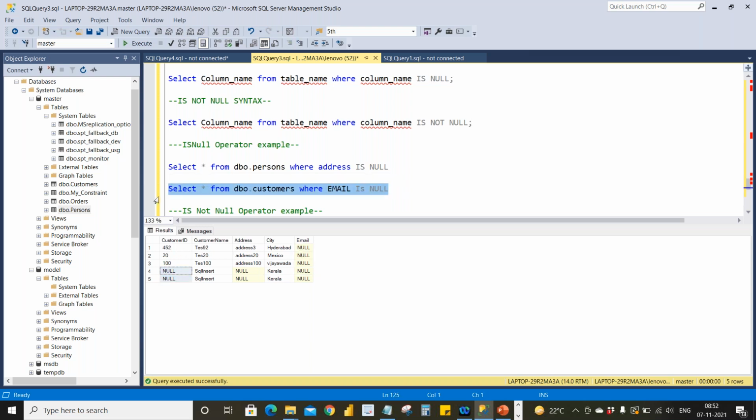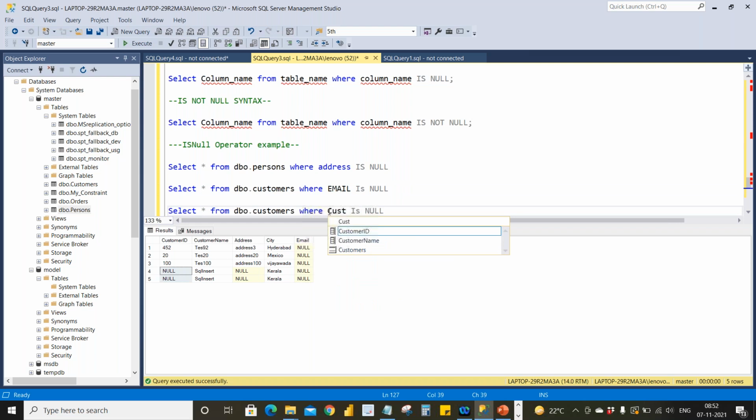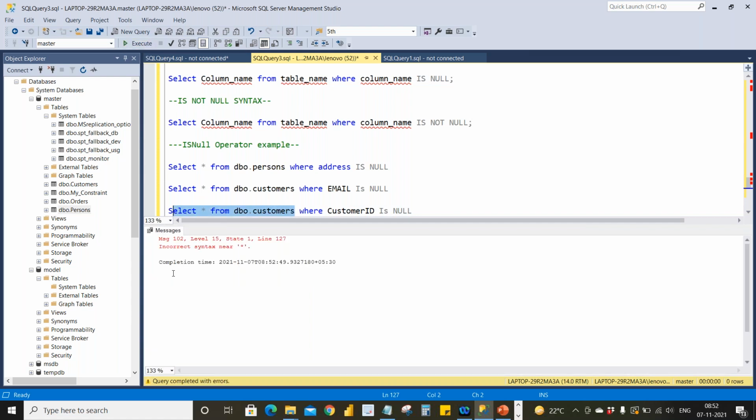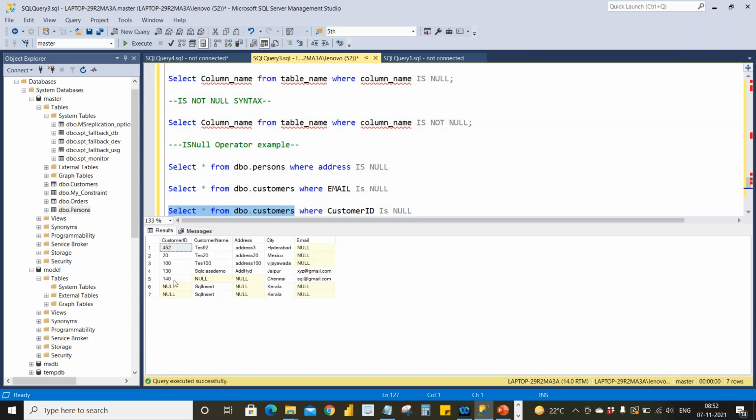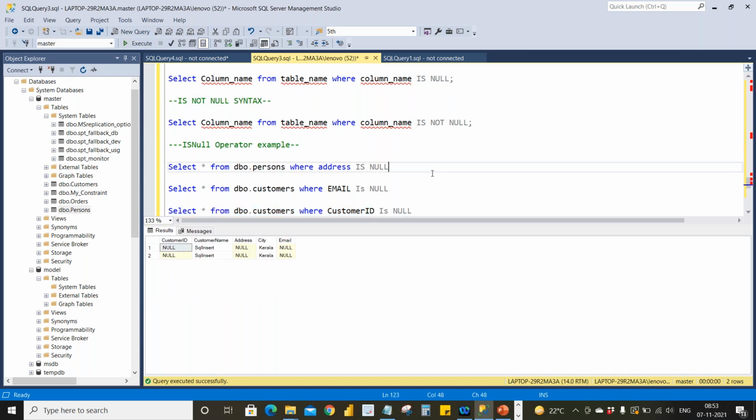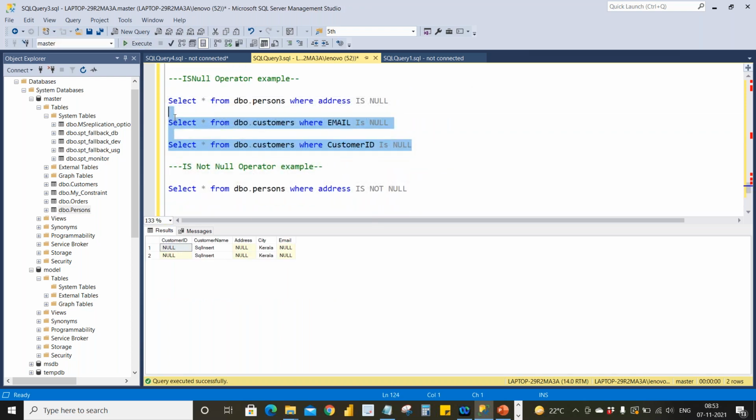And in a similar way, if you want to give customer ID, in the customer ID we have 6, 7 rows as null values. So we need to get that with IS NULL. In a similar way, we can execute for not null.